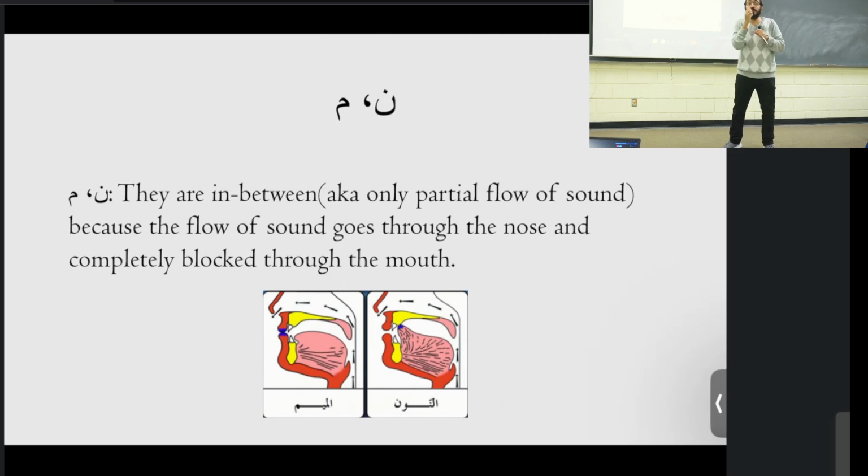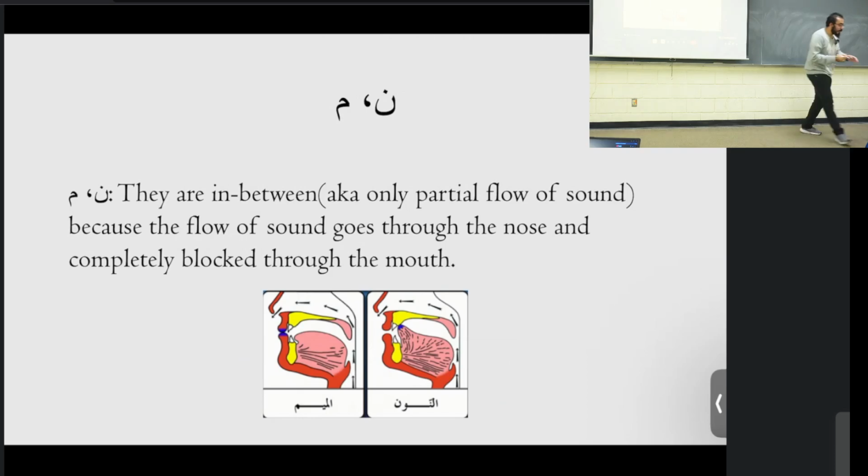Does that make sense? So the noon closes the makhraj, the tongue part closes the makhraj, the nose part goes through the makhraj. Same thing with meem. Try say meem. It closes the same way like qaf closes, right? It's the same thing. So I need a way to flow sound. Nose, nasalization. Sound from the nose is the way partial flow of sound happens, okay?